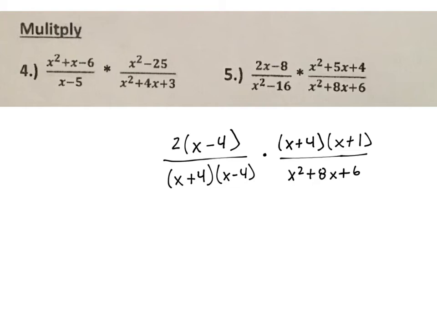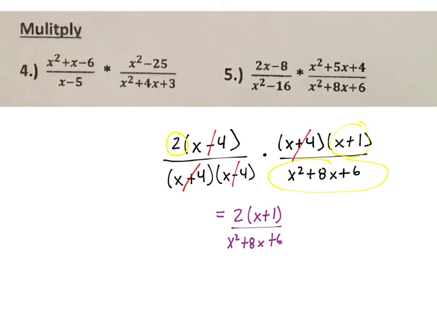And so now we're going to have to cancel what we can. So here, the x minus 4 cancels here like we would normally, but then we're going to look diagonally to cancel within the multiplication, so we'll cancel those two. And so what we have left is the 2, the x plus 1, and this trinomial here. So we'll just go ahead and multiply this out. So our answer in this case is going to be 2 times x plus 1 over x squared plus 8x